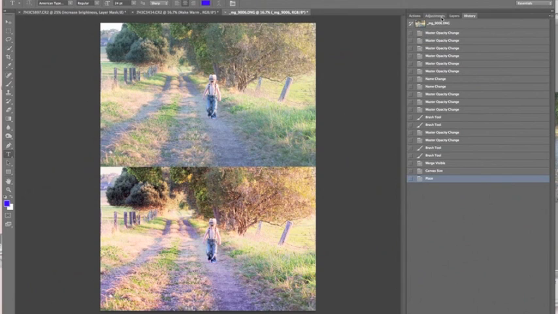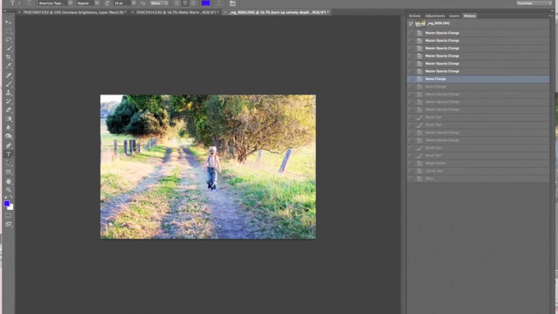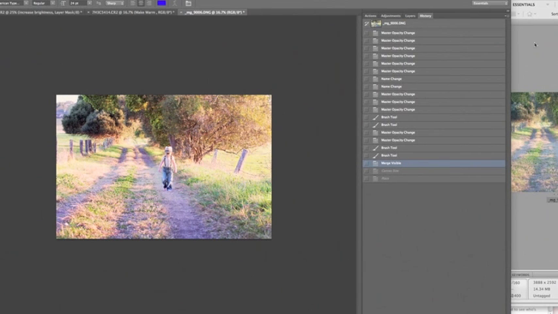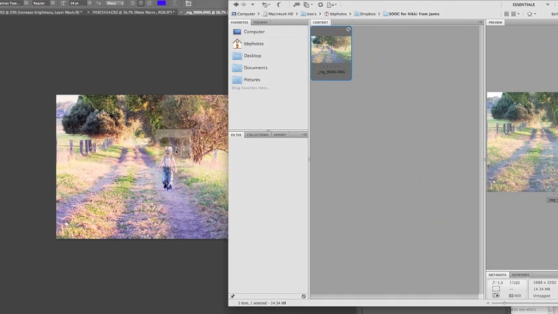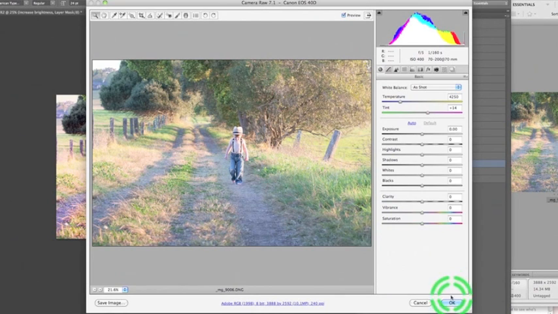The other option that I'm going to show you will be just putting the before and after image right on the same thing here. So I'm going to back up to just before I did the canvas size. I have my after image, and I'm going to open my before image again, the same way I did before. I'm just going to drag it on